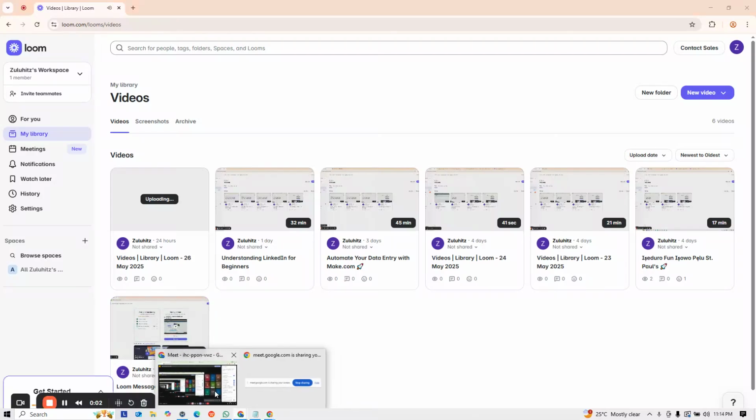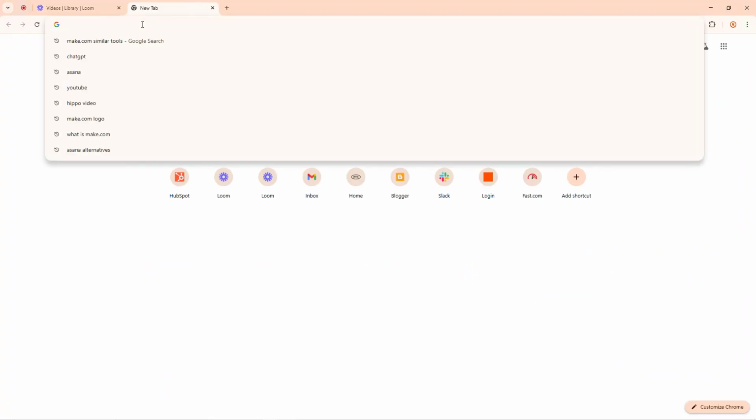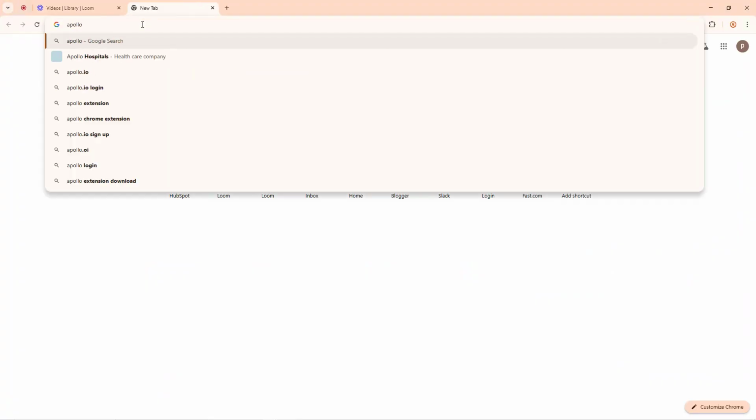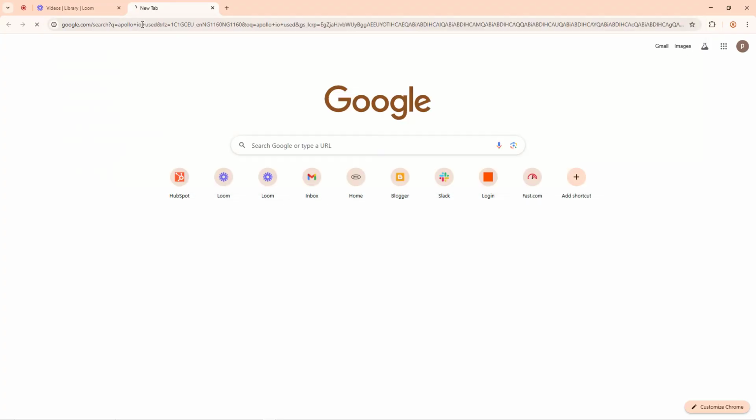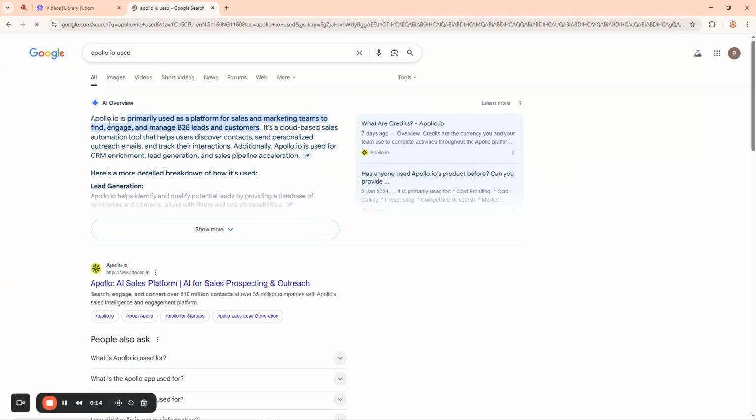This is where I am going to start my journey tonight. So we're going to talk about Apollo.io. Okay. So we are talking about Apollo, and they say that Apollo is primarily used as a